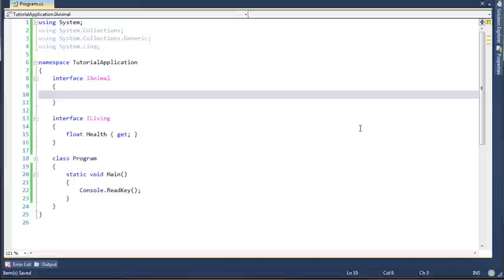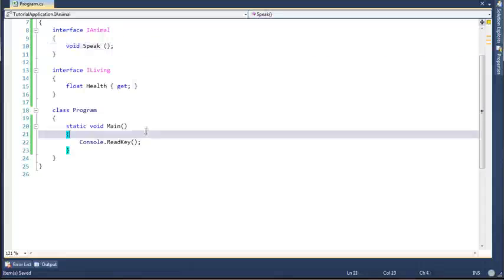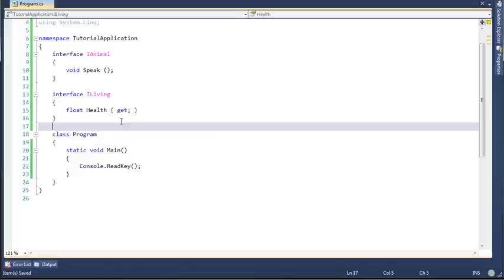So to create that, it's just going to be that. Let's create the function speak. It's just void speak, open parentheses, close parentheses, semicolon. Now, interfaces are great and all, and we can create